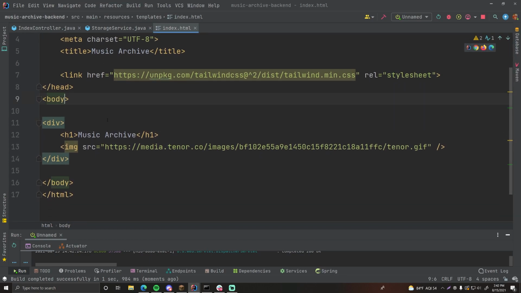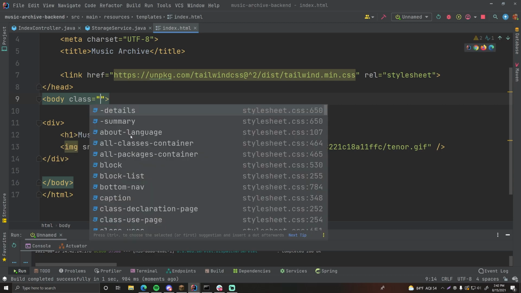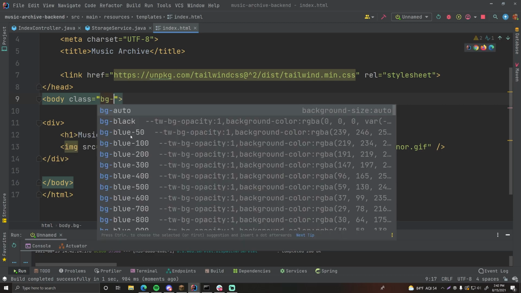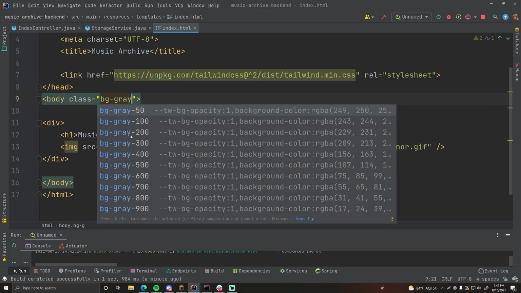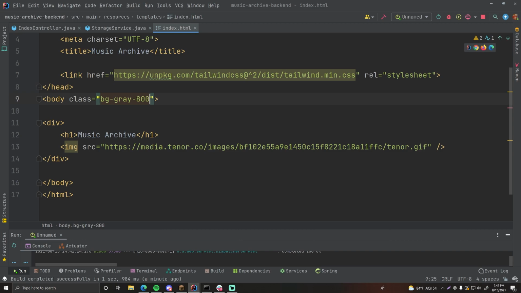Anyway, so let's also make this a dark application. Not light mode, it'll be dark mode. So we're going to do class bg-gray-800. That should be good. And if you want auto completion for Tailwind CSS, you can actually download a plugin for that. So file, settings,